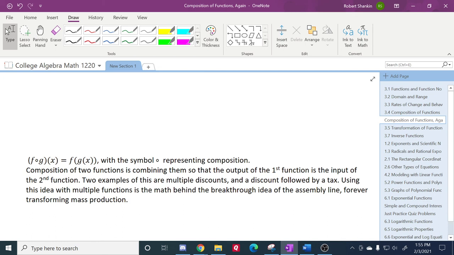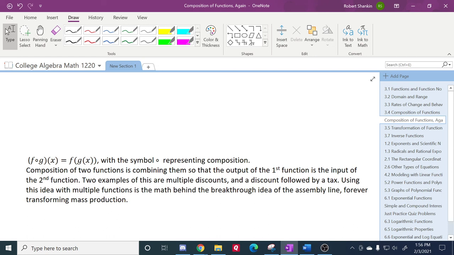Two examples of this are multiple discounts, like we just had, $100 off and then 25% off, and a discount followed by a tax. This is really often the case in retail. 10% off, you have to do the discount first, and then they add 8.25% for the tax. Using this idea with multiple functions, so it doesn't have to be just two, it could be tons of functions,